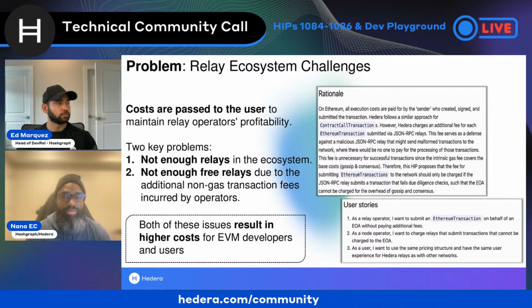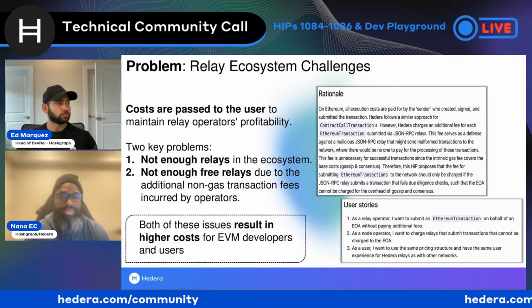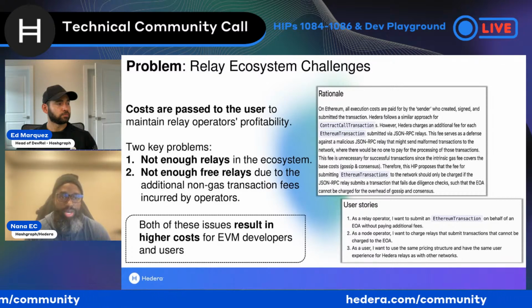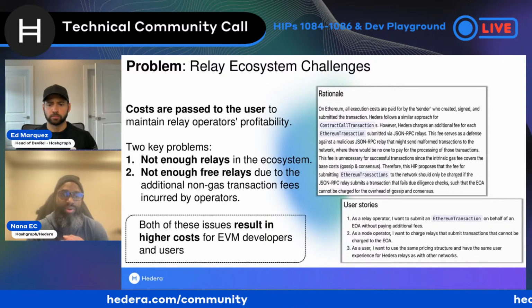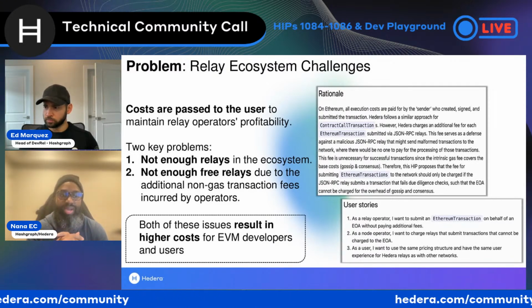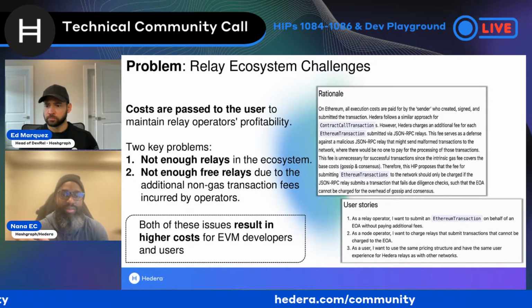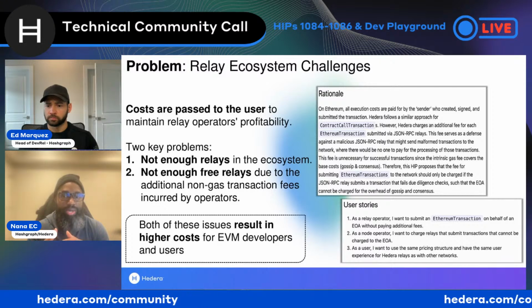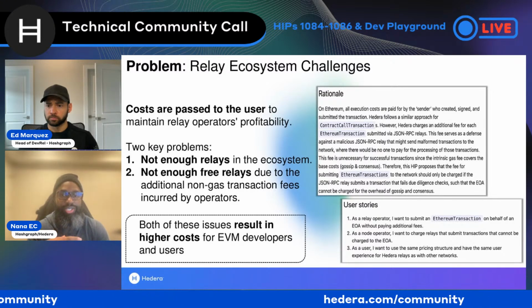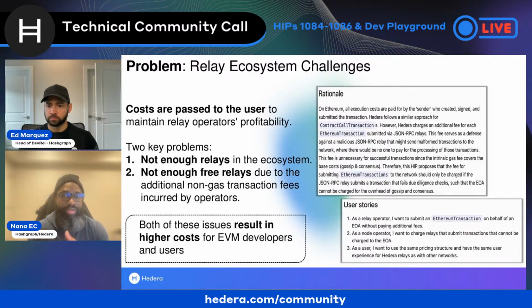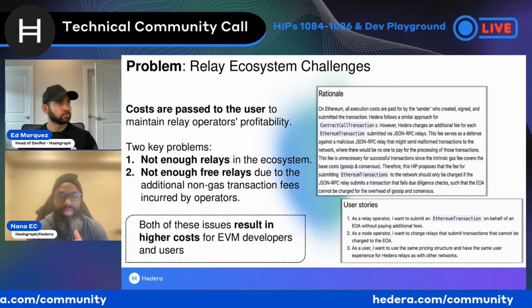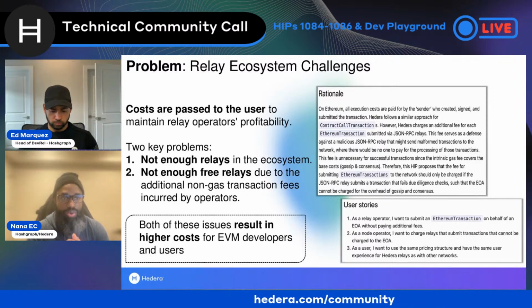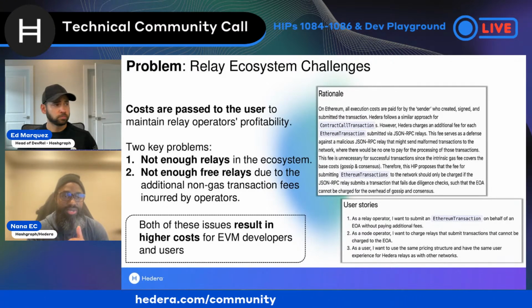So when you put these two things together, it presents some ecosystem challenges for relay operators, right? So the EVM equivalent side of this made it so that developers and users had a really good experience, right? They didn't have to think about it when they moved from one EVM chain over to Hedera. But the result of that meant that what we saw was relay operators did have some friction, some considerations to make. And we think that this contributes to what we're seeing today, which is not as many relays in the network as we would expect, but also in some cases, not enough free relays as you would see on other chains.